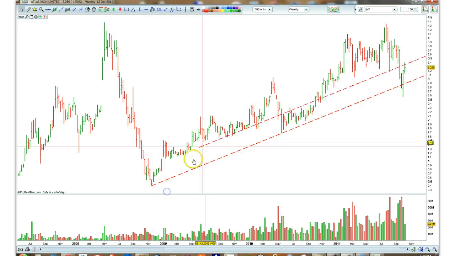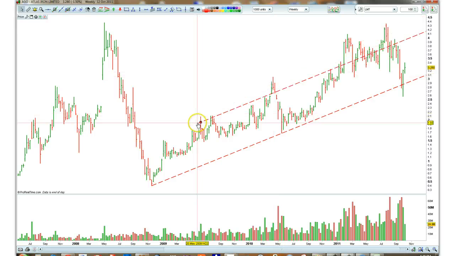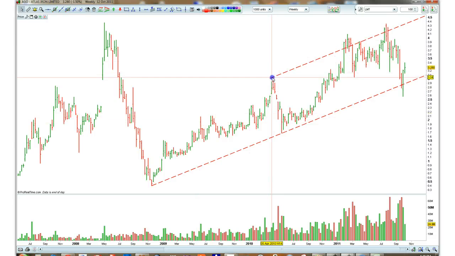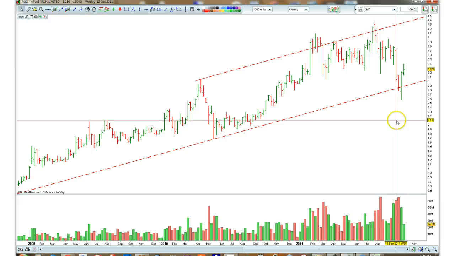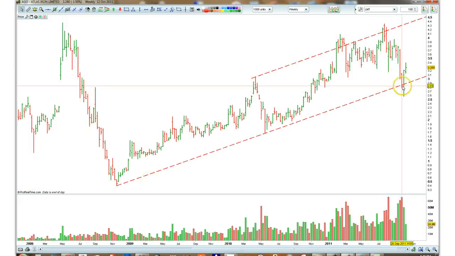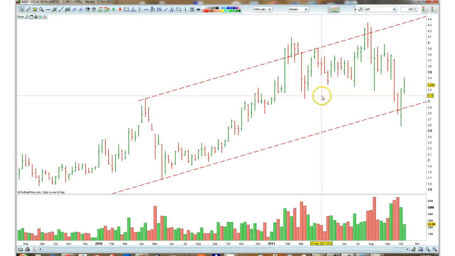I'll add something to the intervening high, probably that one there. You can see as it gets up to that area, it gets into the overbought and knocks it back to the bottom. When we get down below the uptrend and we're oversold and we've had a response there, I might just mark